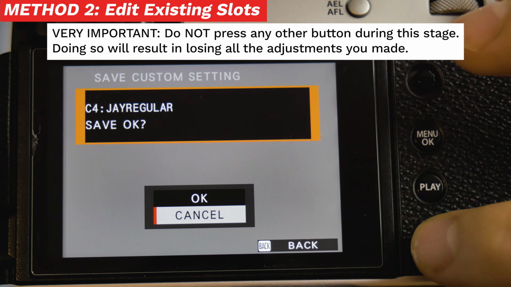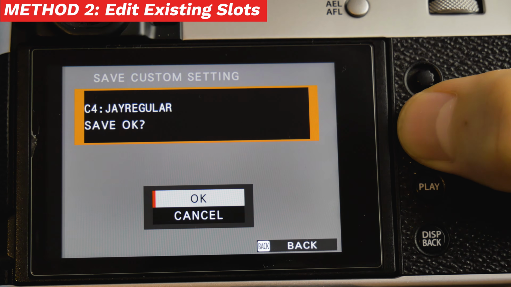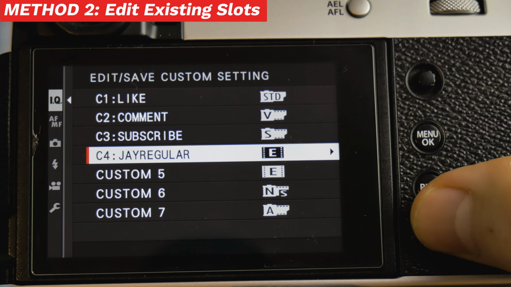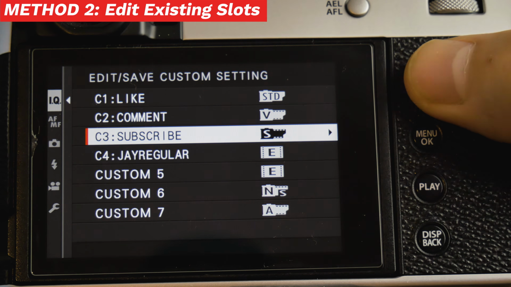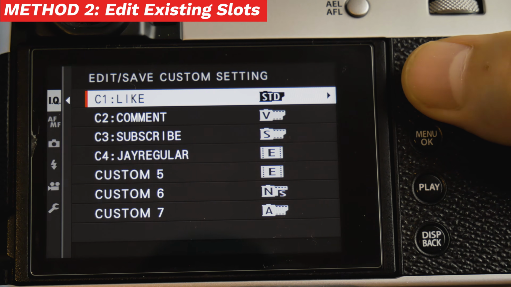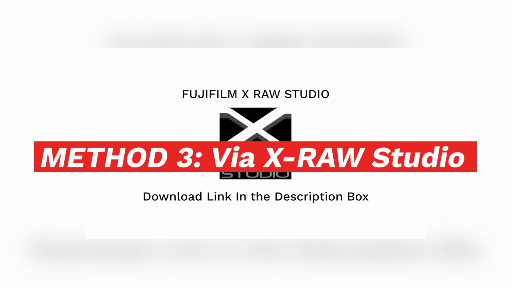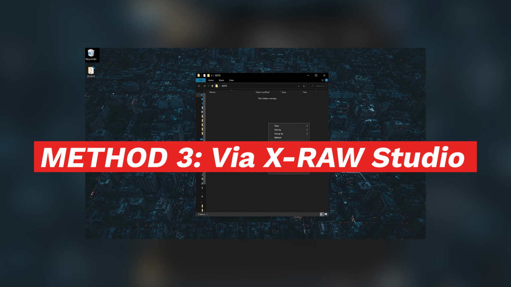A confirmation screen will appear. Select OK. Now we have successfully made changes to an existing custom slot. If we wish to make changes to other custom slots, simply repeat the process and make sure to give the slot a custom name.